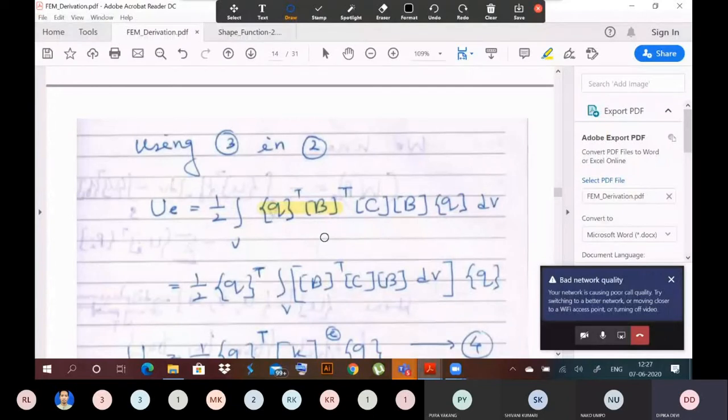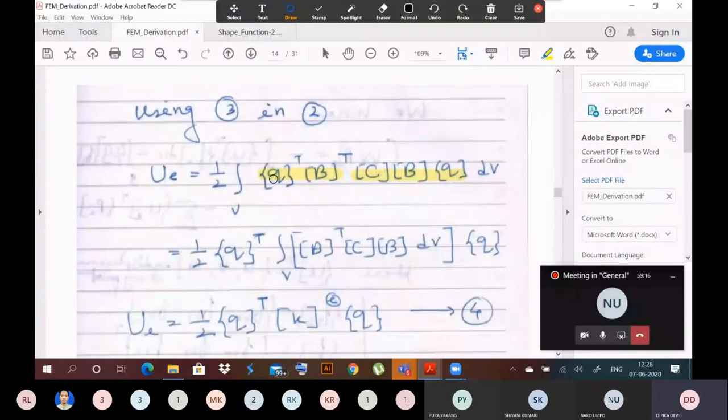Then what is Q or Q transpose? Q and Q transpose are the nodal displacement vector. So for a given element, there are some constant values. They are the displacement of the nodes. So from the analysis, whatever value we get, they are not a function of anything. They are constant values. So therefore, these values can be taken out of the integration. They are not varying within the element. They are the values at the nodes of the element. So therefore, they can be taken out of the integration.